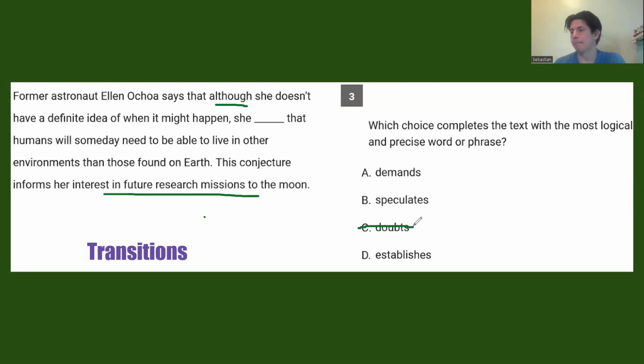Okay. And then I don't think she would demand that humans would someday live on the moon or establish, right? Just think about the future. She doesn't fully know, right? Because it says, although she doesn't have a definite idea, she speculates. Okay. And speculation is about thinking in terms of the future. And now number 4,